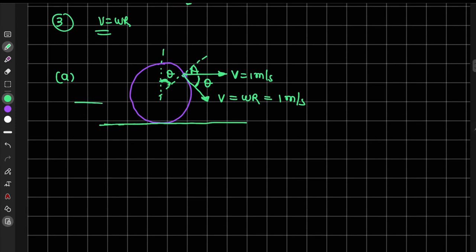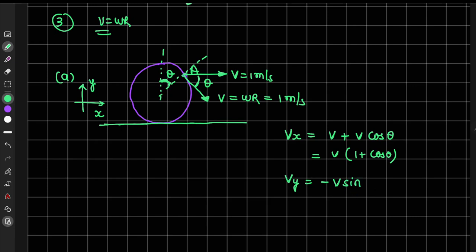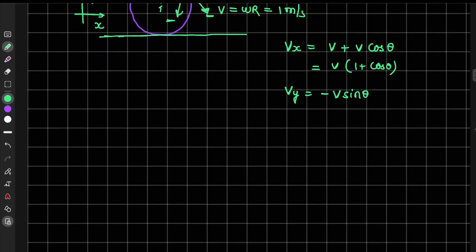Now we can write the components of velocity in the x and y directions. We can say the velocity in the x direction is v plus v cos theta, that is v times (1 plus cos theta), and in the y direction we can write the velocity as minus v sin theta, because the component of this velocity is in the negative y direction here. Now if we want to write the acceleration in the x and y directions,